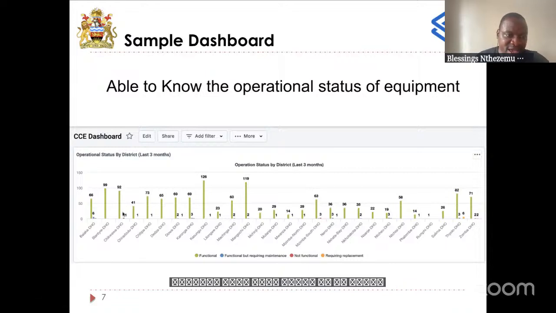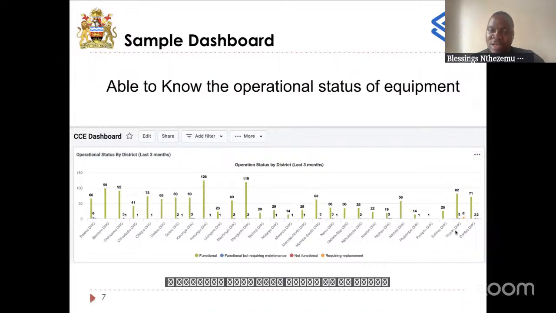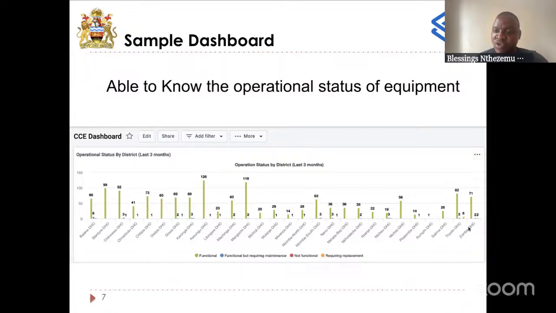For example, here already you can see for Chikwawa, we have about 3 equipment which are not functional. And then for Cholo and Dedza, we have about 6 equipment which are requiring replacement. The same applies to Zomba, where we have 2 equipment which are not functional, as well as 2 equipment which are requiring replacement. So that can also be done, for example, on a daily basis. It can also be done on a weekly basis, and that can form the basis